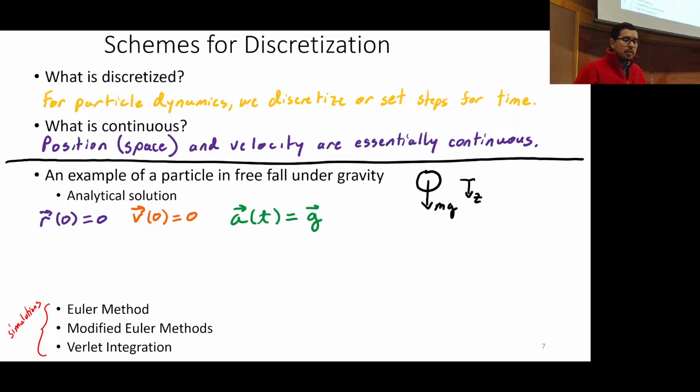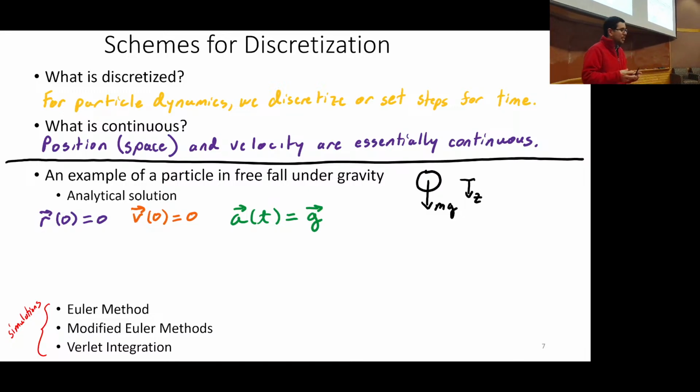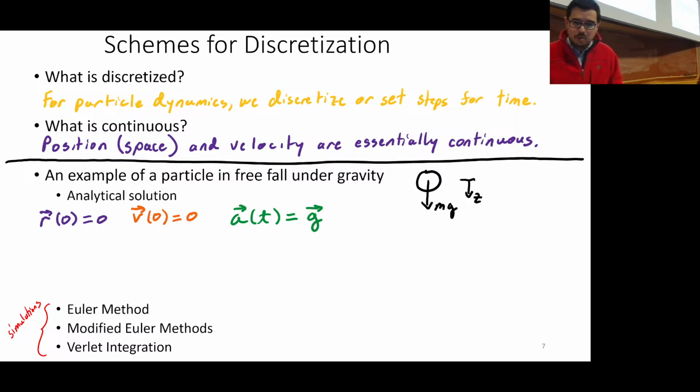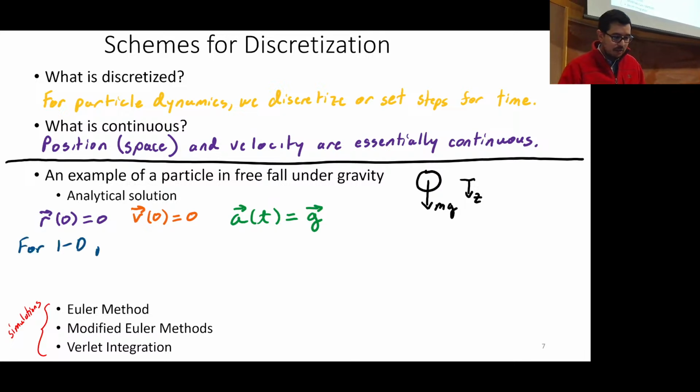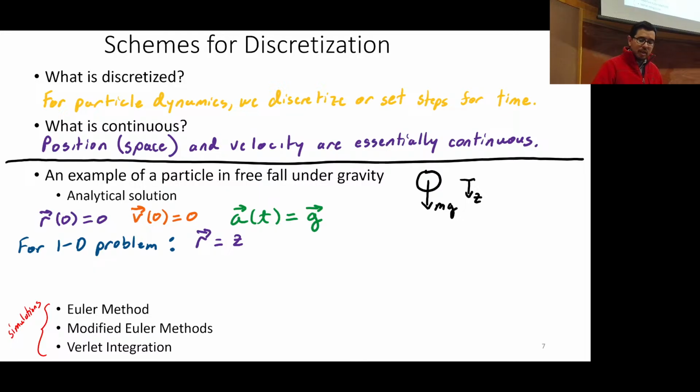The acceleration, we can say, is just going to be g, right? It doesn't really matter what the mass is. Okay, we're assuming that it's much, much, much smaller than that of the Earth, and that we're going toward the center of the Earth. So for the 1D problem,